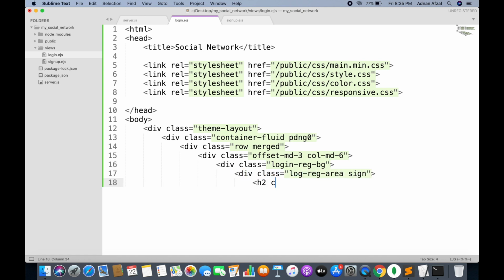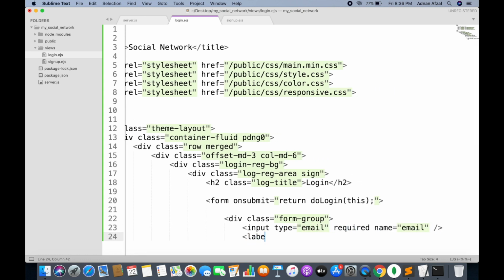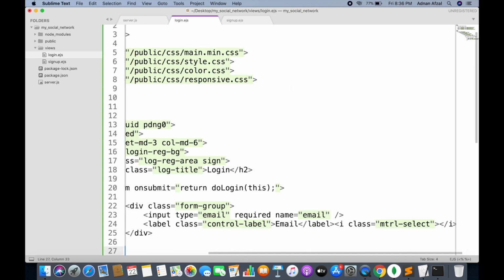We are setting a heading as login, and we are creating a form, and when the form is submitted we will call our JavaScript function named doLogin, which will call an AJAX request to the server to authenticate the user. And in this form we will have just two fields. We will have email and we will have password, and they will also be the same as we did in our sign up form.